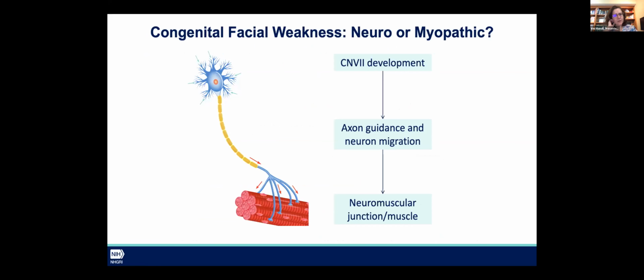So what I learned seeing these cases, and what we will always learn with the syndromes, is nobody comes with a diagnosis. They come with a diagnosis, and we learned that there is a big differential, and there are cases that come as Moebius syndrome, but really have cranial nerve 7 involvement or another axonal guidance disorder or a neuromuscular myopathy. So they have facial weakness, but it is not always neurogenic. It can be neurogenic, myopathic, or a neuromuscular disease. And it was very fascinating to experience that during the protocol